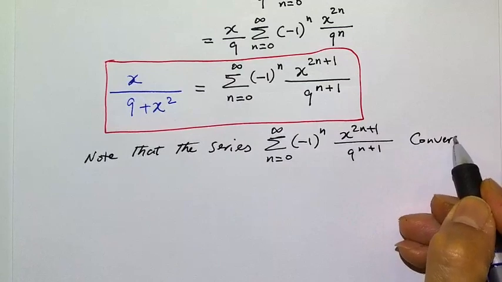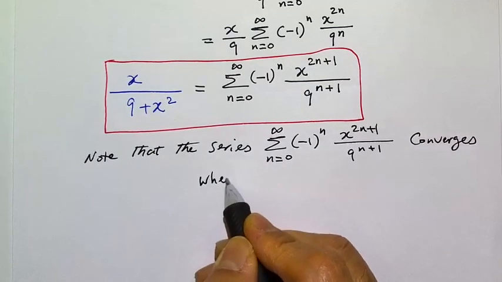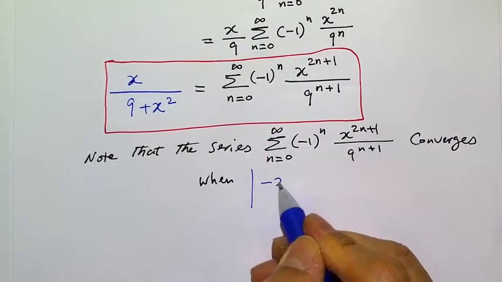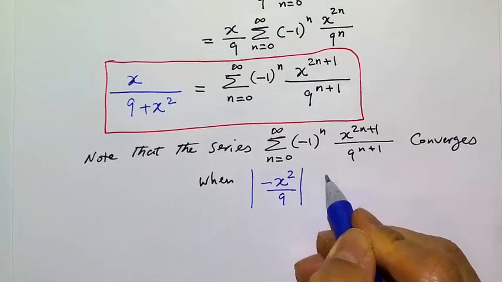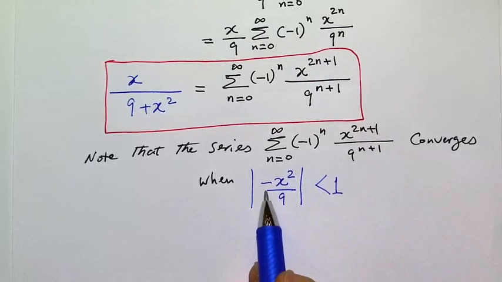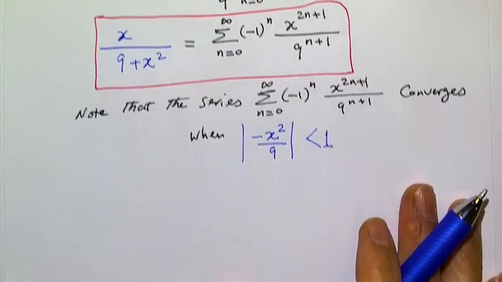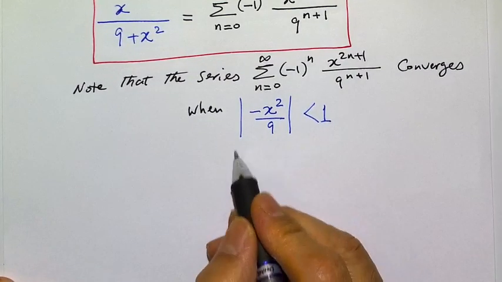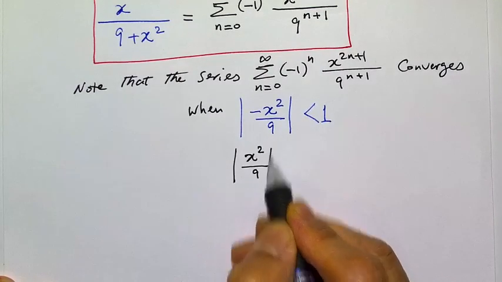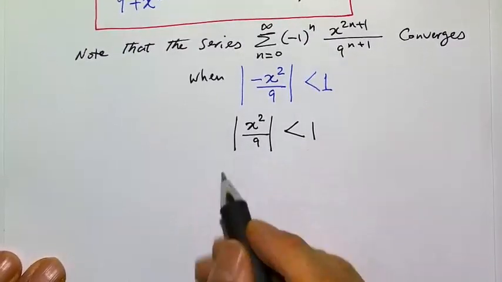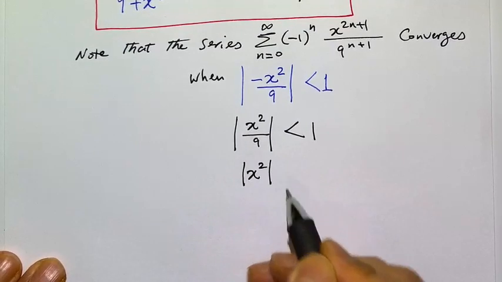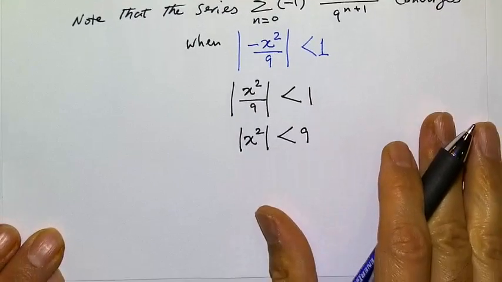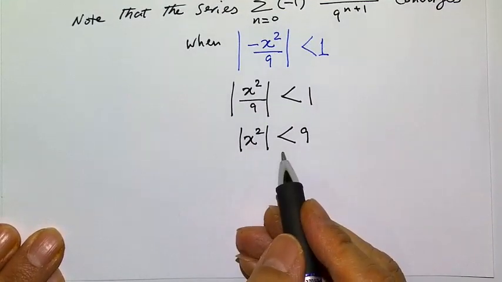Converges when the absolute value of minus x squared over 9 is less than 1. So of course this minus will get canceled out with the absolute value, so we will end up with the absolute value of x squared over 9 less than 1. Let's simplify this a little more. We end up with the absolute value of x squared less than 9. And then, of course, the radius of convergence is